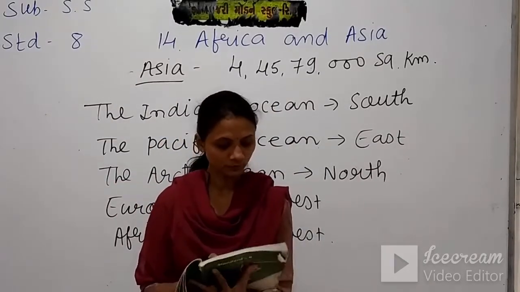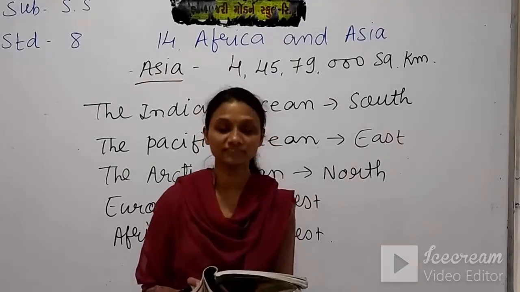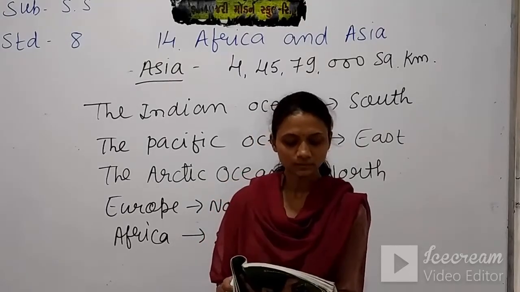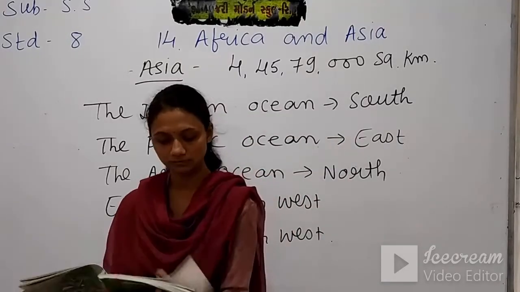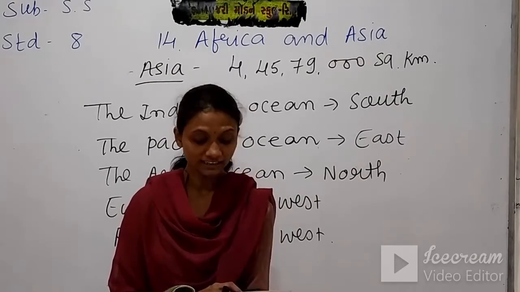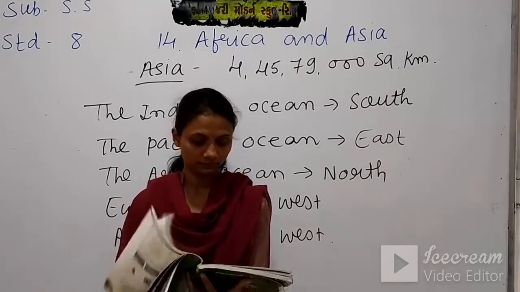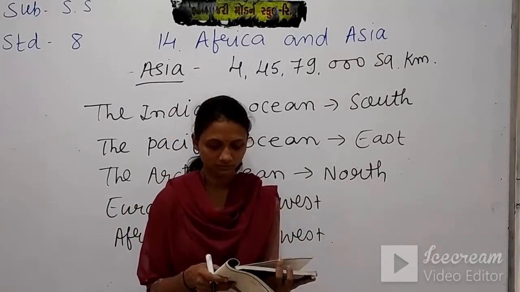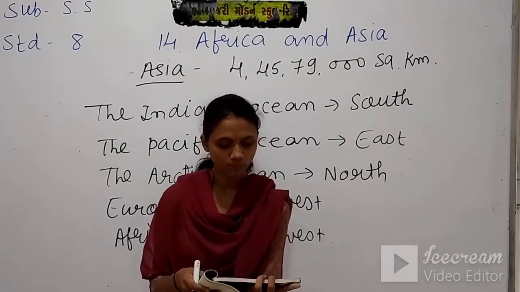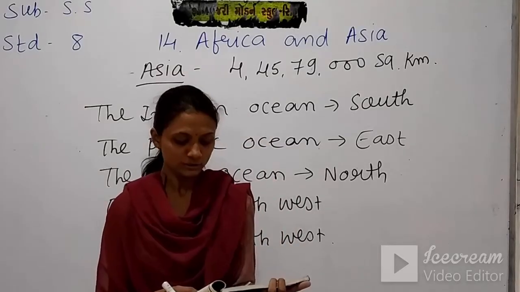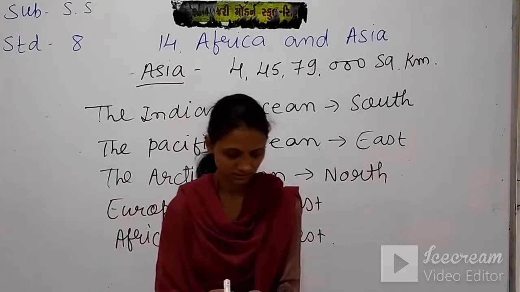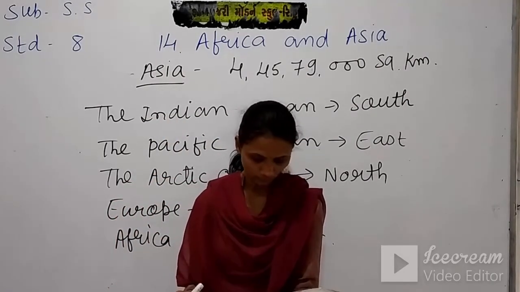Now, the physical features of Asia are full of diversity. We find mountains, plateaus, deserts and plains here. See the pictures given below and locate them on the map of Asia. Here we have Mount Everest, the highest peak in the world. The height is 8,848 meters. We have Tibet, roof of the world, the biggest and highest plateau in the world. We have the area receiving maximum rainfall, that is Cherrapunji. Snow-covered plains of Siberia, that means Verkhoyansk. Okay, here we have the physical map of Asia.